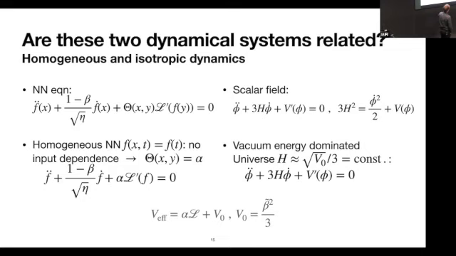Namely, we can look at that equation also where H is not dynamical, H being the Hubble parameter. In this case, we can do this when we are in a vacuum energy dominated universe, for instance. And in that case, these two equations do match, and you get a nice matching condition between the potential and parameters of the loss function. The NTK appears, and optimizer parameters do appear.